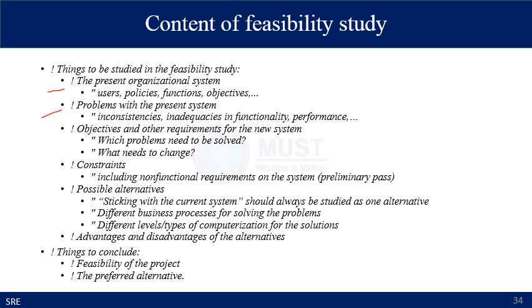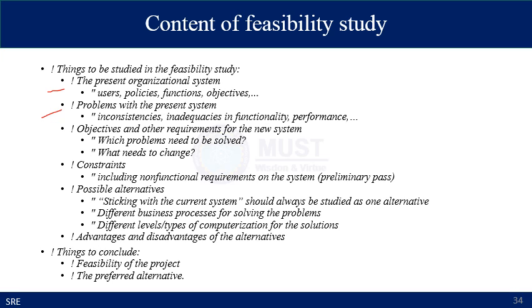Once you have identified the present scenario, then you can enlist the objectives and other requirements for the new system, that is, which problems need to be solved and what is needed